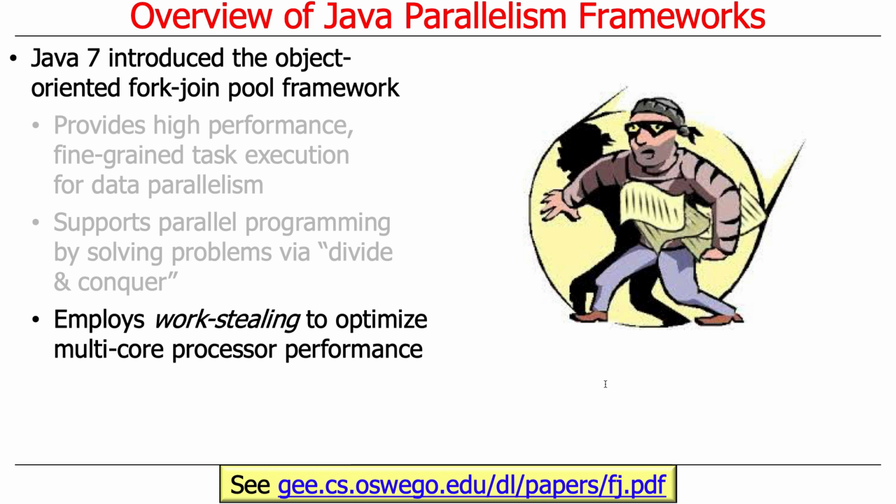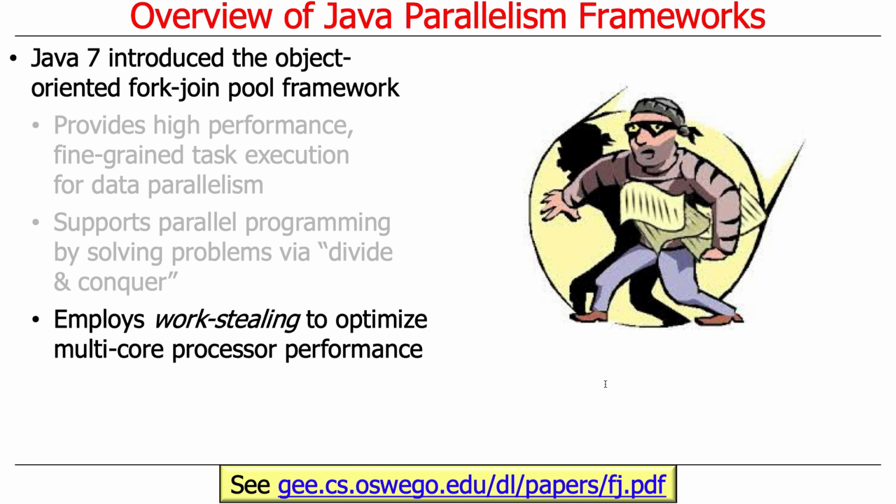Under the hood, there's some really, really cool features called work stealing that are used to maximize multi-core processor performance. So we're trying to keep the processor cores as busy as possible by making sure that if one core, one thread, doesn't have anything to do, rather than just sitting idle or putting itself to sleep, either spinning idly or putting itself to sleep, it will go and steal some work from some other thread or core that has work to do. And that way we can keep more things going on, even if each task takes different times to run.